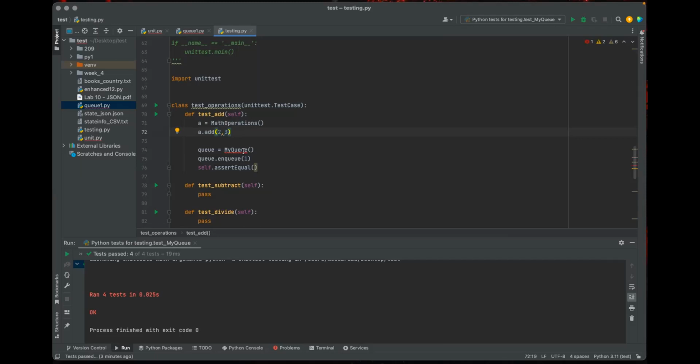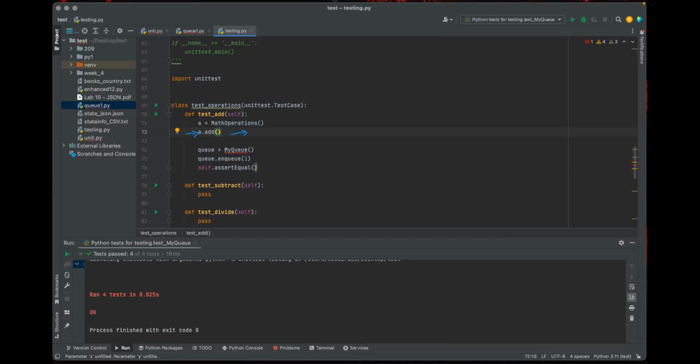Okay. What is the purpose of that line? I mean, why do you need to add it? So previously in the MyQueue, we had to do some preparation and add something to the list.